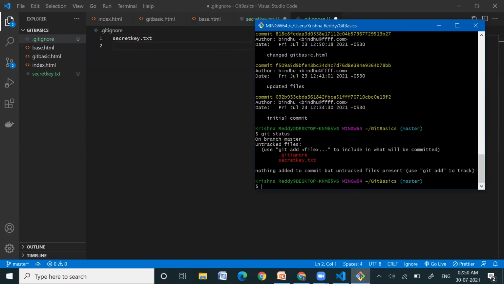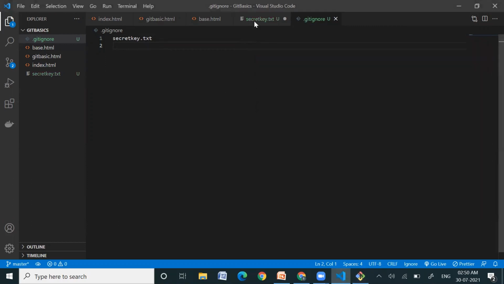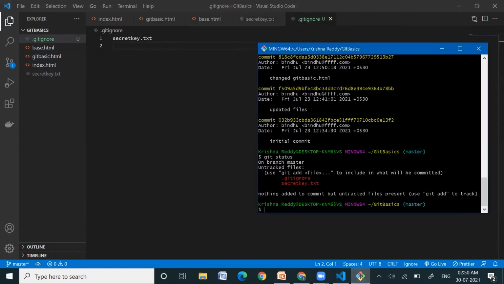Now we have this secret key.txt and .gitignore. These are untracked files only, and it's saying to use the git add command to track these files. But the main motto of using this .gitignore file is not to track this file, right? So we'll include this secret key.txt file, and we'll save this. Now we'll see the status.